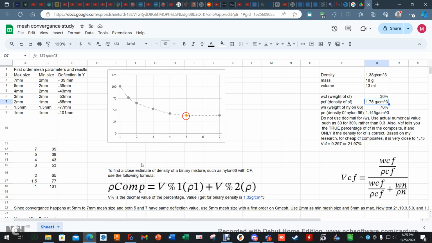So, this graph shows my convergence study. How I did it was I took max size and min size of the G-mesh, 7, 2, 5, 2, 4, 2, 3, all the way down to 1 and 1. After 1 millimeter and 1 millimeter, the computational time was so long, and even my 32 gigabyte 12 core CPU